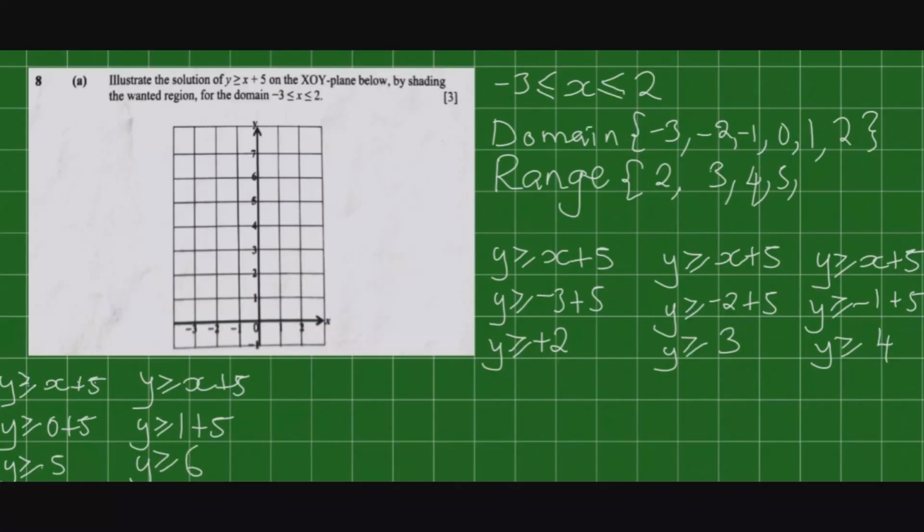So when x is equal to 1, then y will be 6. Okay,